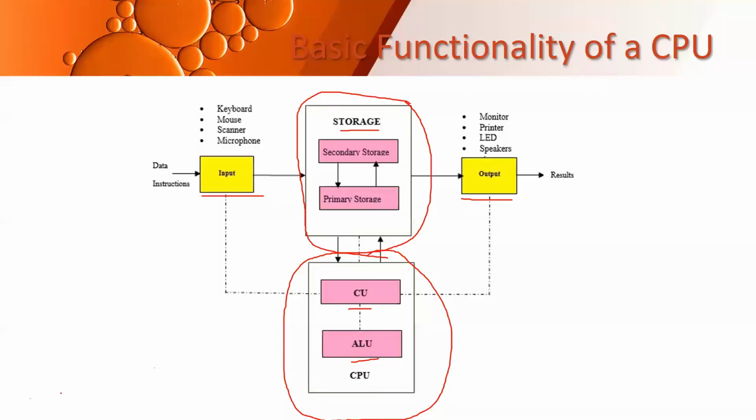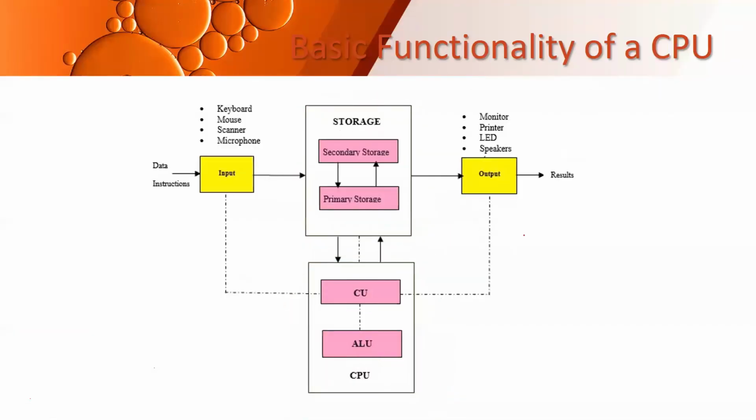So we are going to see how your computer functions. You give data and instructions using the input devices. What are the input devices? We have already seen over here. These are our output devices. So control unit is the brain of the computer, brain of the CPU, as I already said. So you can see it is connected via dotted lines. That shows that it is controlling the operations of all the different units. It will instruct from where the data and instruction has to be taken, where it will be going.